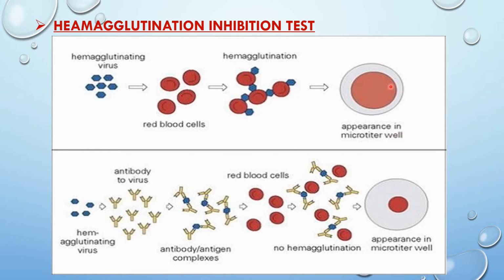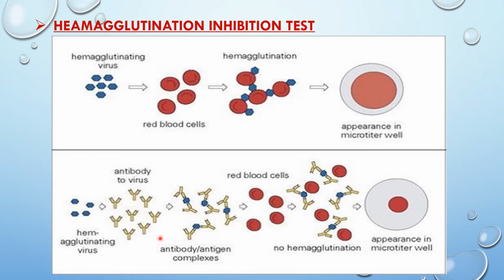So when we observe this reaction in a microtiter well, the reaction is like this: agglutination of RBC, or hemagglutination. Now we take patient serum, which is supposed to have antibody to these hemagglutinin spikes. The viruses which have hemagglutinin spikes, if they enter our body, will form antibody against these spikes. So obviously, where are these antibodies? They are there in the serum.